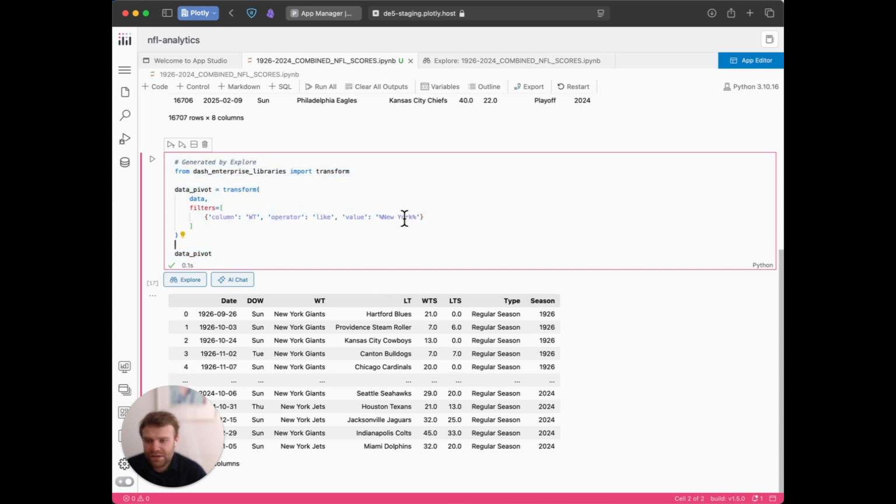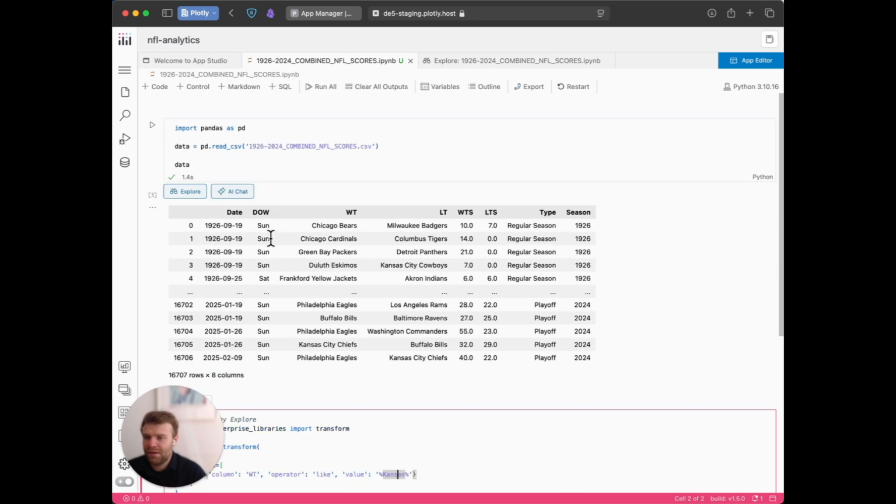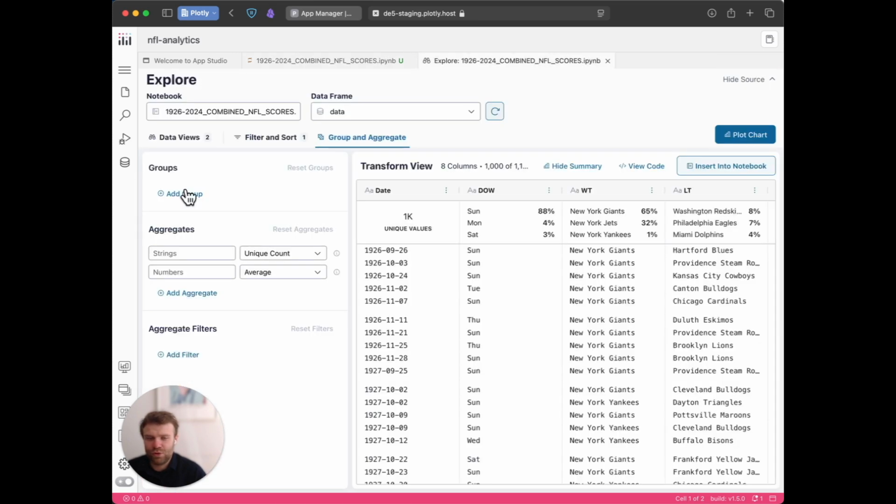So I could always filter this out or change this. Okay, this is New York. If I want to edit this to just Kansas, I could do so inline and rerun it. And this will show me where the Chiefs and the Cowboys were the winning team instead of a New York team. Now, if we go back to the Explore mode,